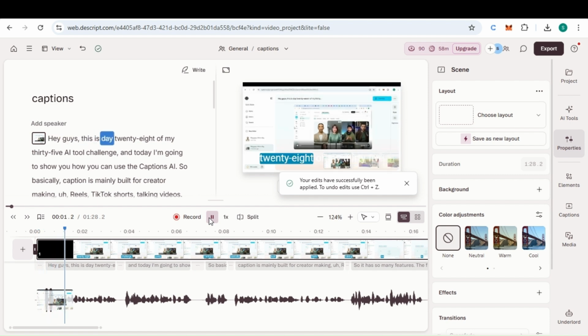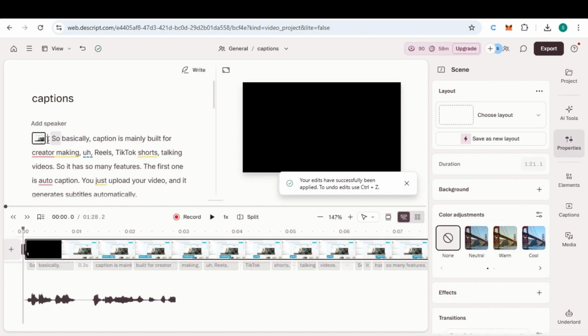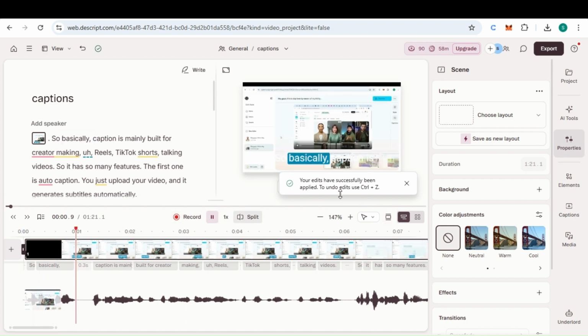Hey guys, this is day 28 of my 365 AI tool challenge, and now, for example, I just want to remove this first line. So let's delete this first line, and you can play again. So basically, Captions is mainly built for creators making reels,